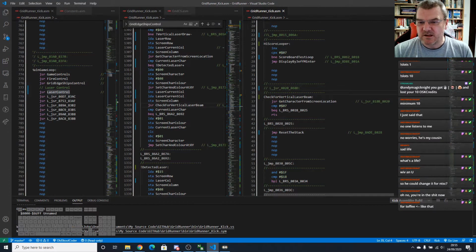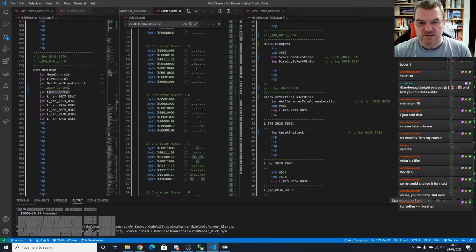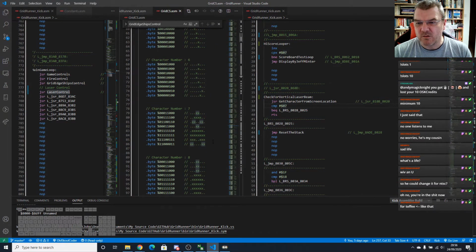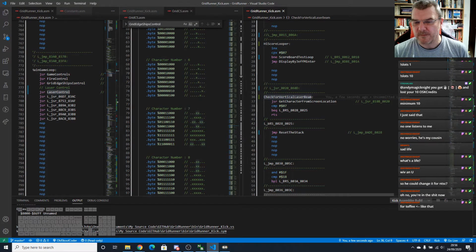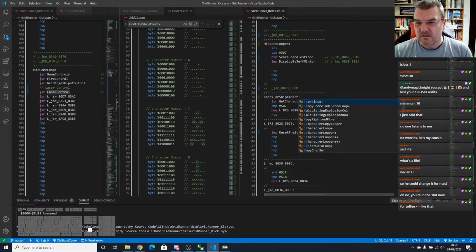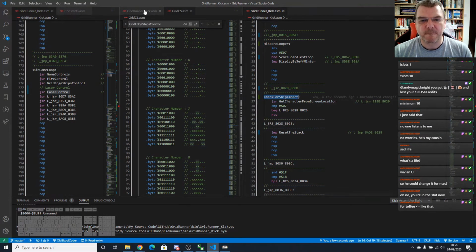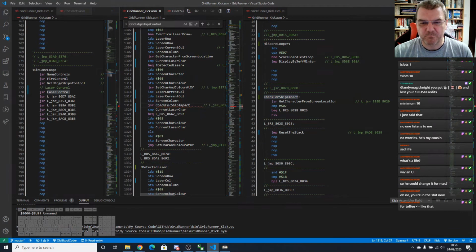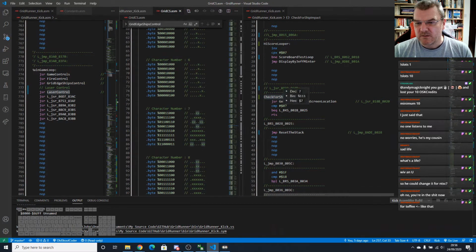So what he's doing is loading the current character. He's comparing it with 7. So 7 is... Oh, it's not. He's checking for the ship. Okay, check for ship impact. Oh, he's checking for the ship. So we'll change that. If it's the ship,